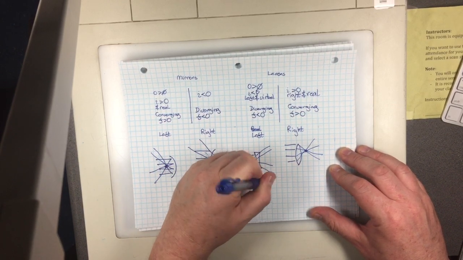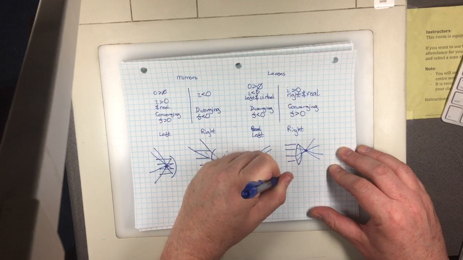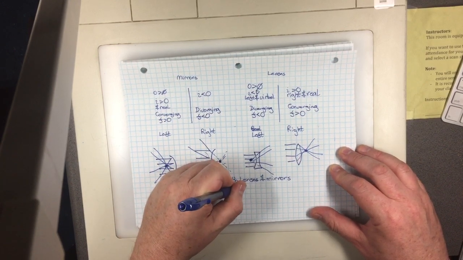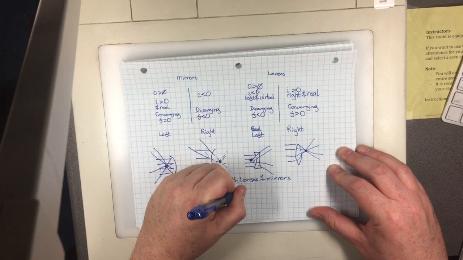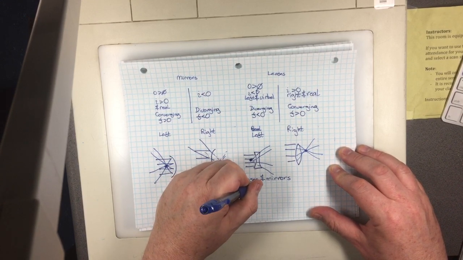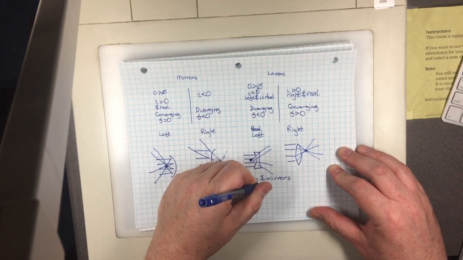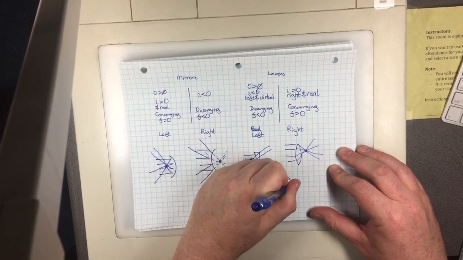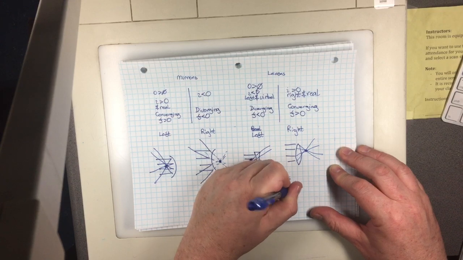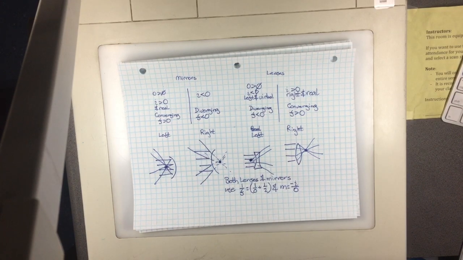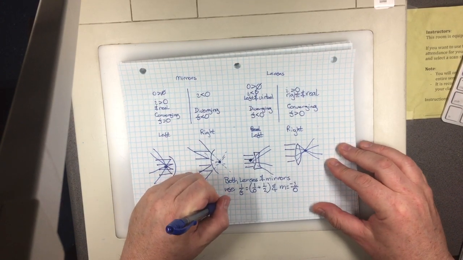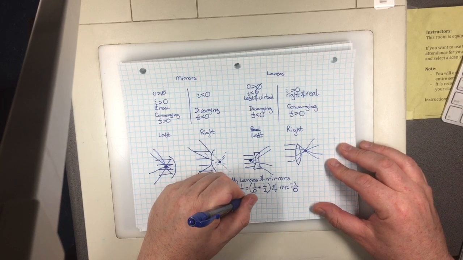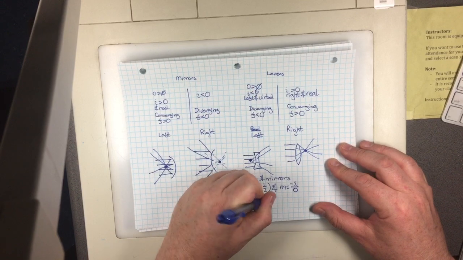Both lenses and mirrors use 1 over F equals 1 over O plus 1 over I, and M equals negative I over O. And lenses use M descriptions